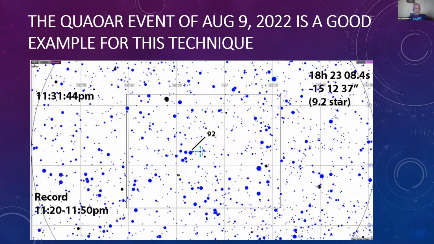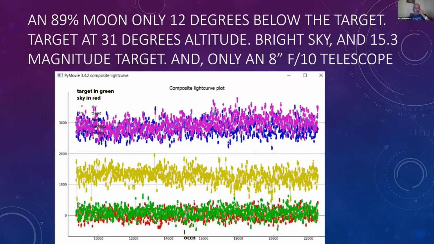So the Quawar event is a good example, and it happened recently, and I've been working on it anyway because I have to turn in my data, which I did last night, to Lucky Star. So the target on my C2A chart isn't even visible. Even when I cranked up the limiting magnitude to 15.5, it did not show that star. But I think you can tell with the green light curve here that it's mostly a little bit above sky. Now you might look at that and say, well, you're not really going to be able to get anything out of that. But the occultation is there, it's right there.